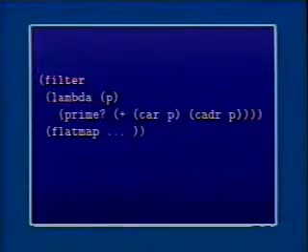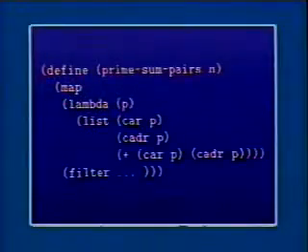Well, we take that thing we just built, the flat map, and we filter it to see whether the sum is prime. We had an i and a j. i was the first thing in the list, j was the second thing in the list. So we have a predicate which says, in that list of two elements, is the sum of the car and the cadr prime, and we filter that collection of pairs we just built. So those are the pairs we want. Now we go ahead and map along the result of that filter, generating the list i and j and i plus j. And that's our procedure prime-sum-pairs.